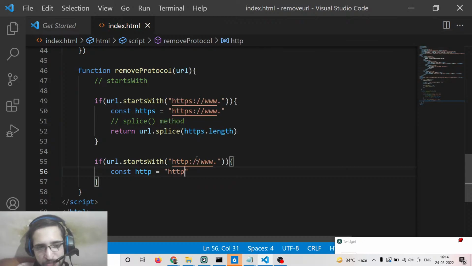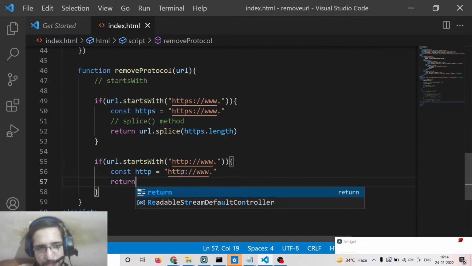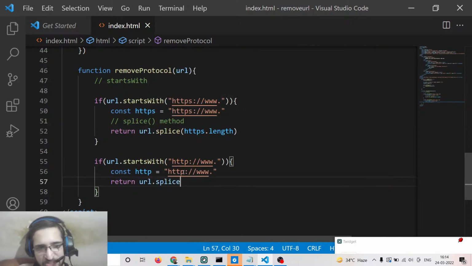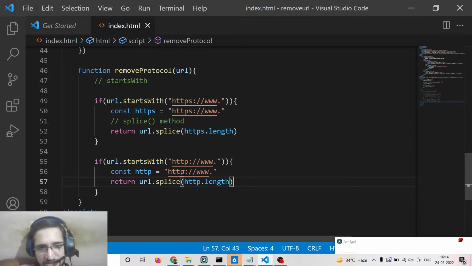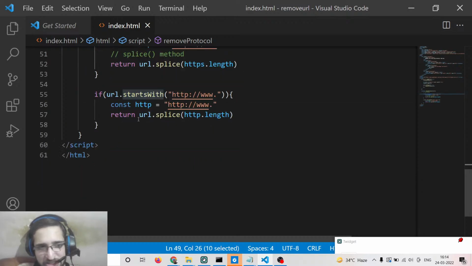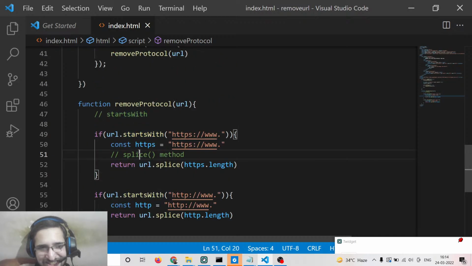We need to remove this portion which is HTTP www dot. So we will remove this. So colon www dot. After this we can simply apply the splice method and then return the length http dot length. That's it. So this starts with method, guys. It makes the job a whole lot easier. You don't need to have any sort of regular expression. This is a very handy method which is there inside JavaScript, which lets you do this process in a very